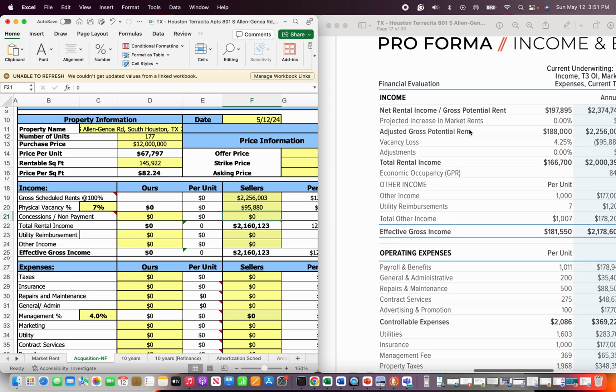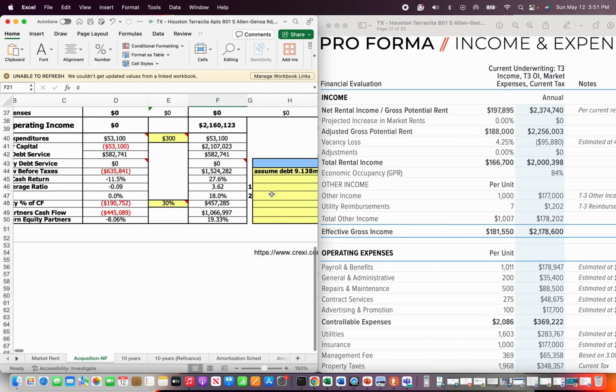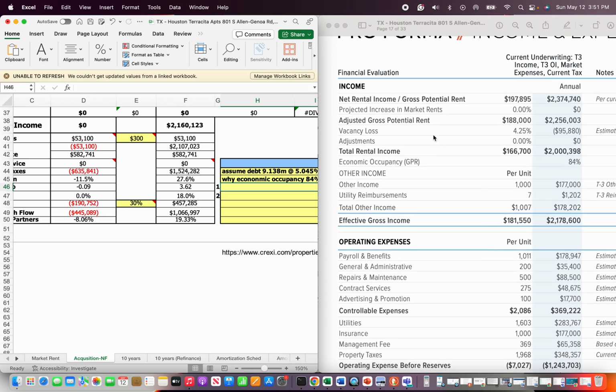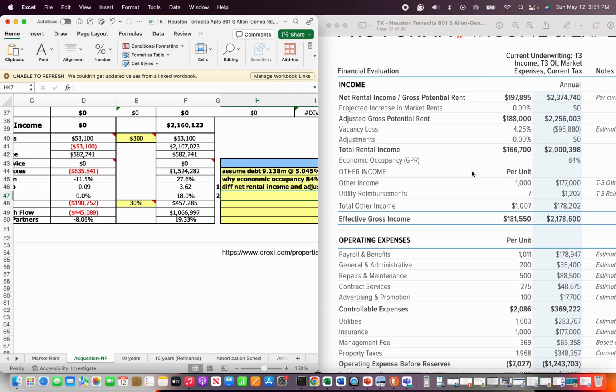but the physical occupancy back over here is 98.2, right? So we got some questions to ask, and I'm just going to start writing these down as we go. Why economic occupancy 84% and physical is 98.2. Okay. And I'll write down the difference between net rental income and adjusted gross potential rent. All right. I haven't looked at this before, so I'm just writing these notes down as we go